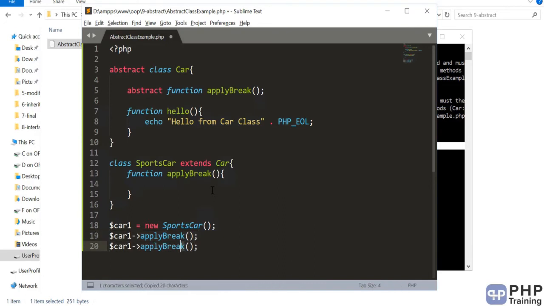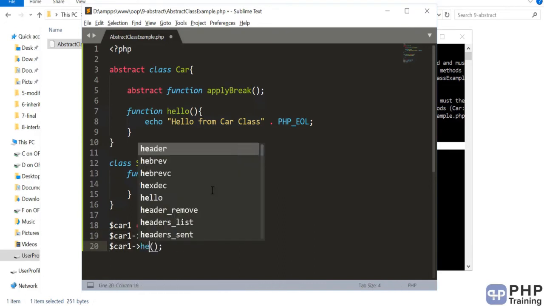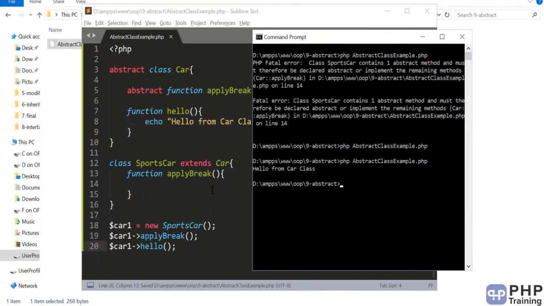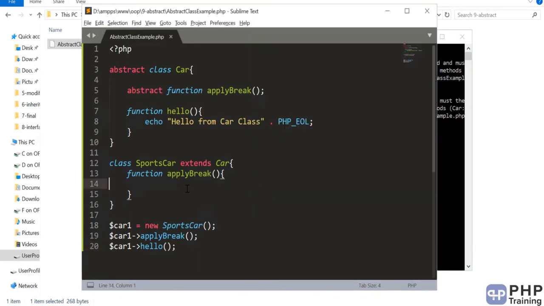And now I'm calling the parent method from the child class object. Okay, so you have the hello from the car class. Let's try to create an instance of the car and see what happens.